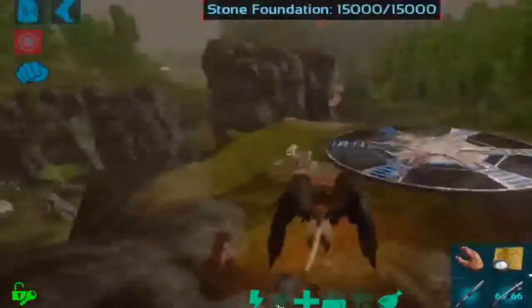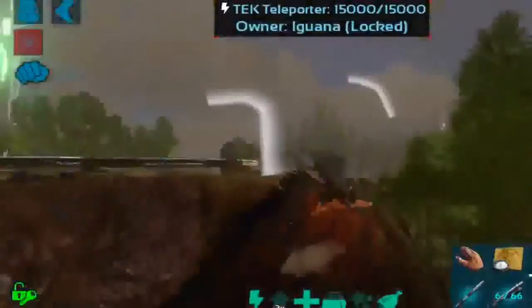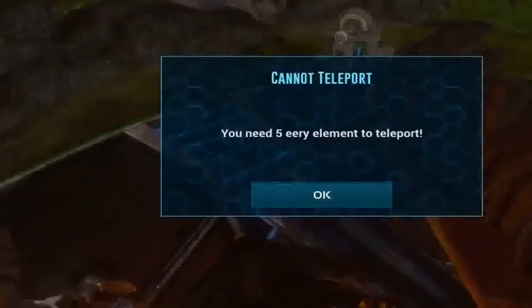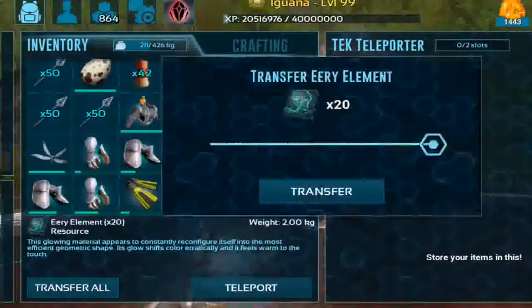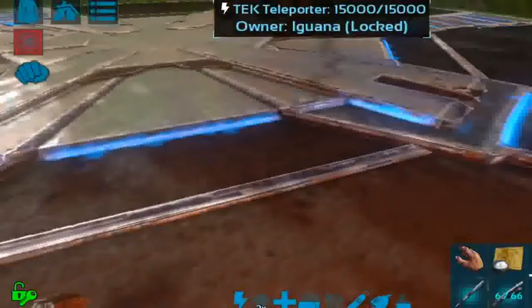Alright, now I believe the real reason that tech teleporters are fantastic is because you can actually teleport yourself and your dinos across the map with these things. So that was crazy. There we go. So I've gone ahead and put that in. Now you do have to put 5 element in, and then I believe